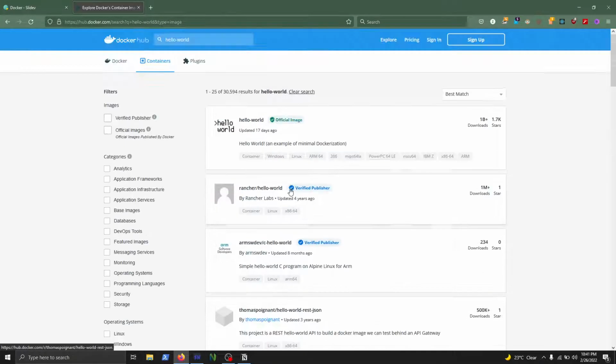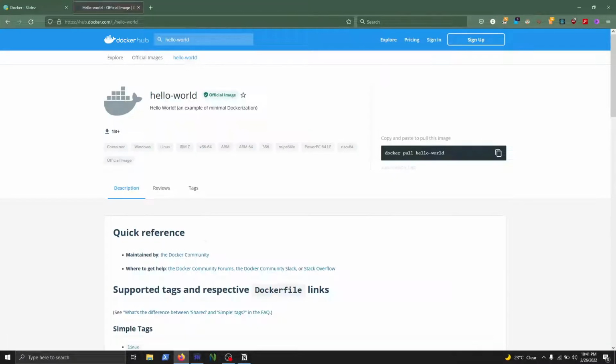What you will be doing is you'll be pulling these images on your machine, and then you'll tell Docker that from this image, spawn a container for me, create a container for me. So just like that, I'm gonna do the same thing with this hello-world image. Okay, so now for that,